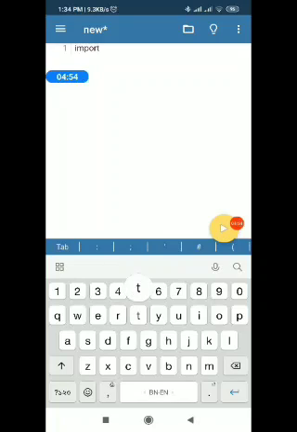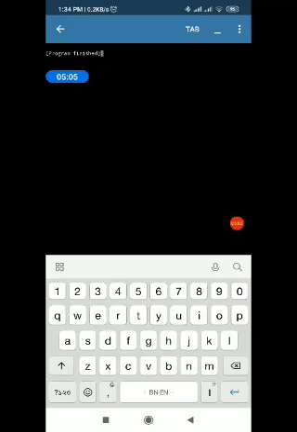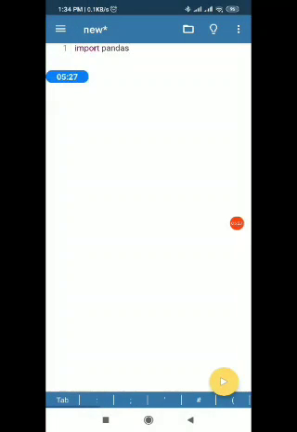That can be checked using this command: import, suppose I'm writing pandas, and I'm going to run it. I'm getting the statement 'program finished' without any error. That means pandas is already installed, and it is locating that package pandas, and it is loaded and imported. So 'program finished' is considered a successful message. But if it is not there, it will show some error message like 'no module named'.